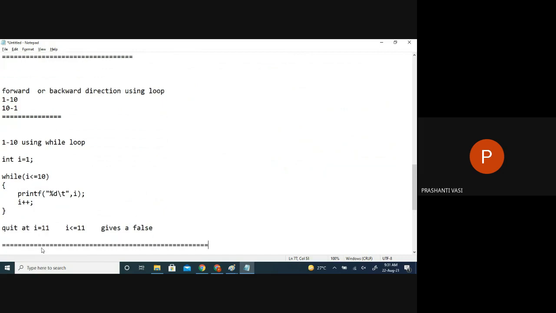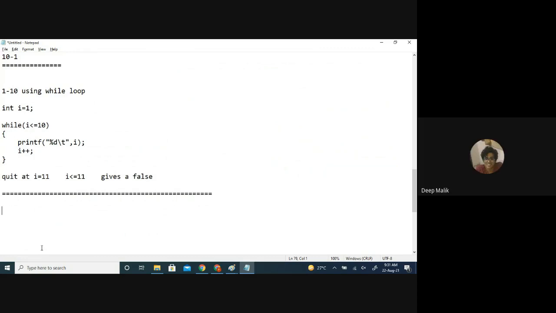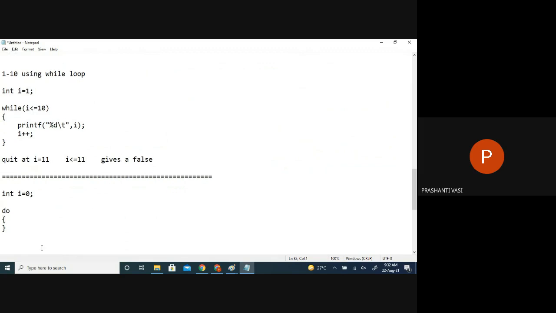Is that clear? Till here, any confusion? No, ma'am. Fine. Now, do while is also the same concept. In do while also there is the initialization step, but no test initially; directly the do statement, whatever repetitive statement you want to do. What we want to do is print the number and then increment the number, and at last we have a condition to check. If the condition is true, it will go back to this body, but if the condition is false, it should quit the statement.